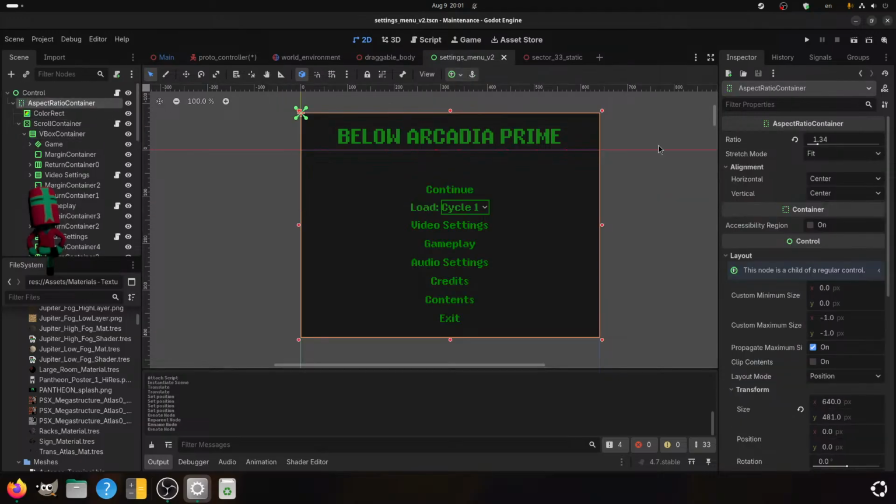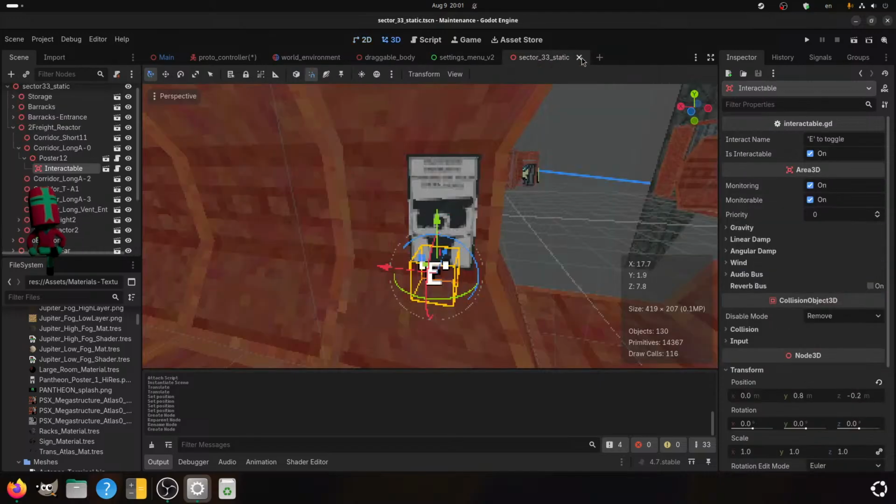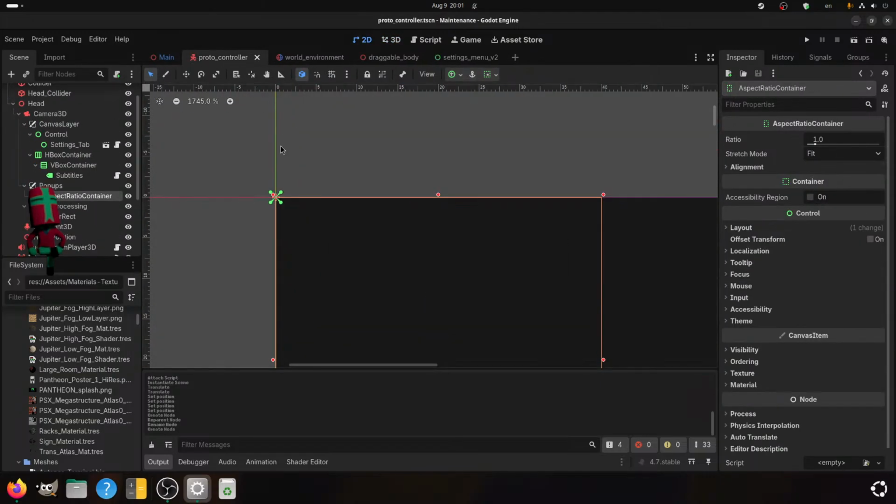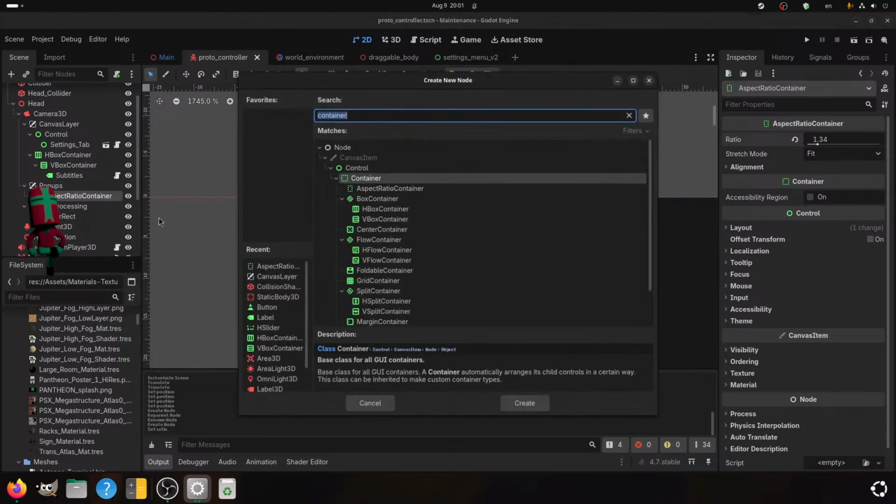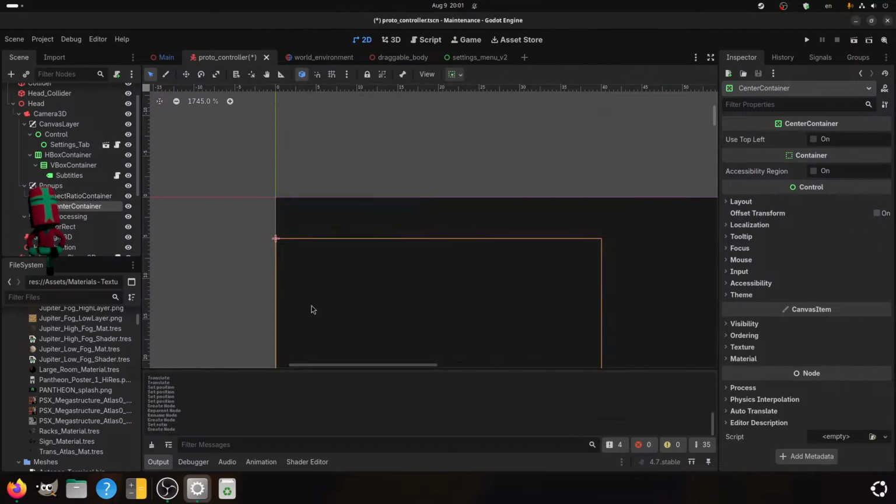Settings menu 1.34. All right, good to know. 1.34, with a center container.